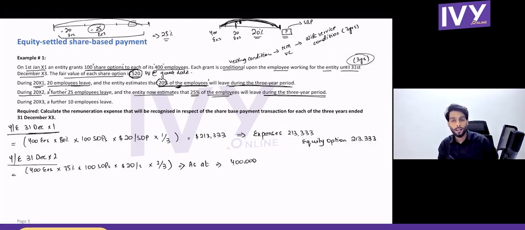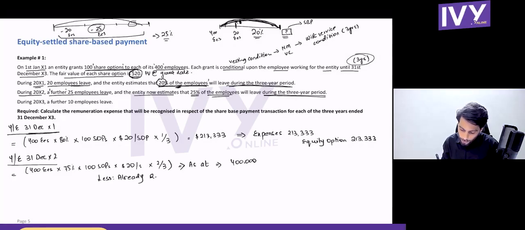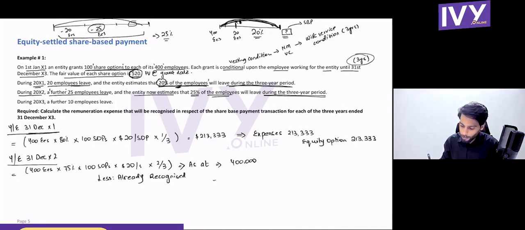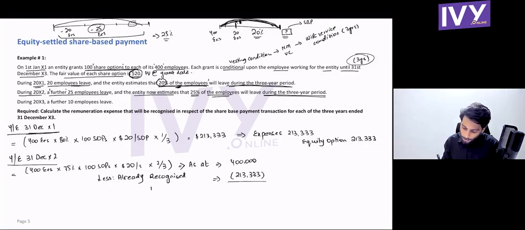Since this is an as-at figure, we have to subtract the amount which has already been recognized in the previous year, which is 213,333. And that way we will get the expense for the year, the charge for the year, which is going to be